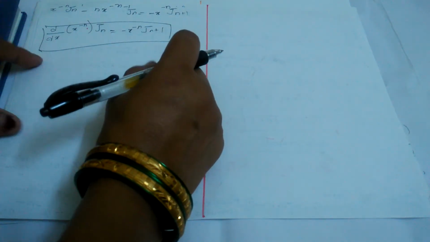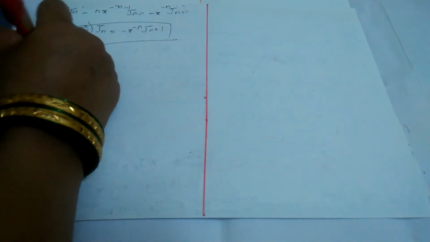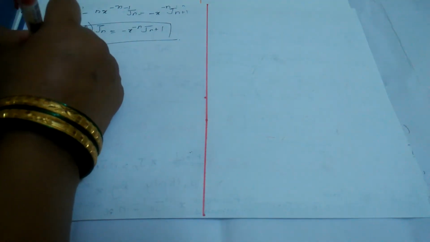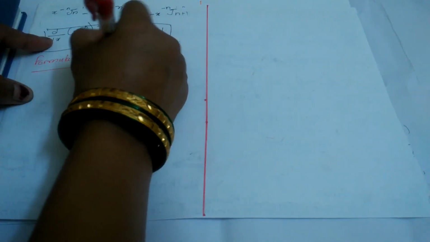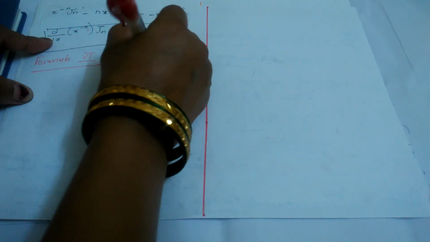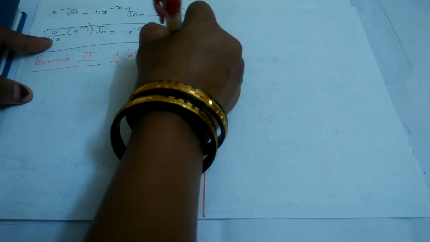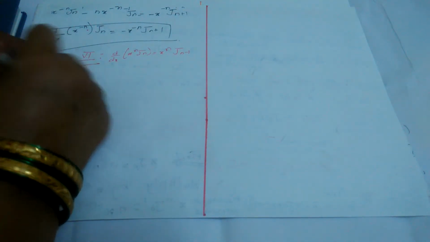Similarly, the second equation also we will be getting like this. The last equation, or we call it the last recurrence formula, recurrence formula 6: d by dx of x raised to n Jn is equals to x raised to n J n minus 1. So proof,